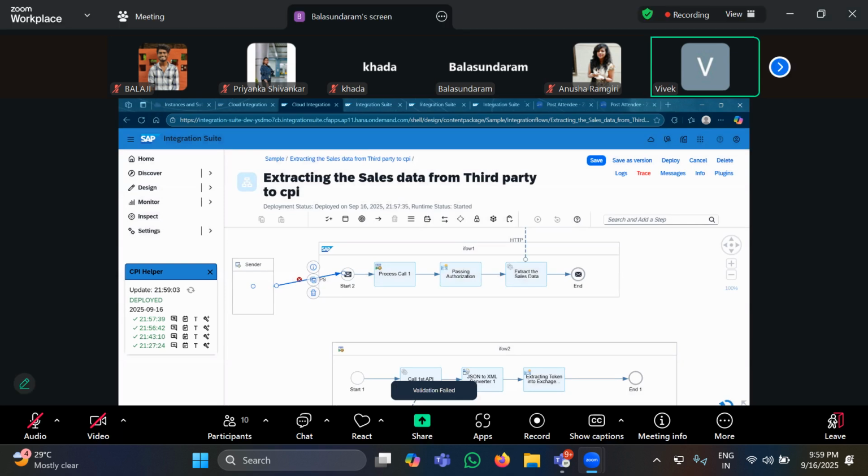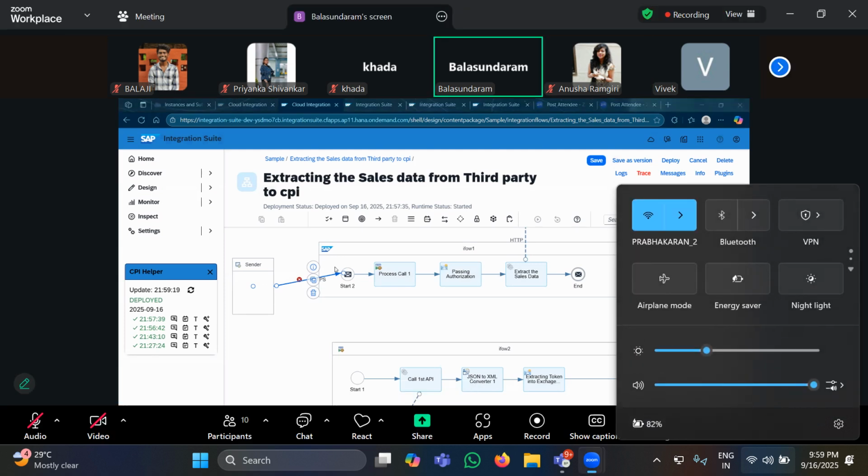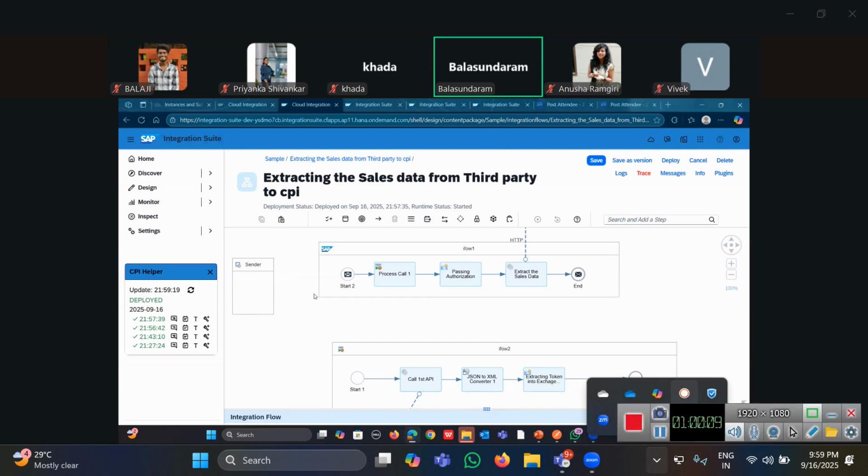So in real time, will we not use that timer? Yeah, in real time, there are some requirements, like this iFlow will execute